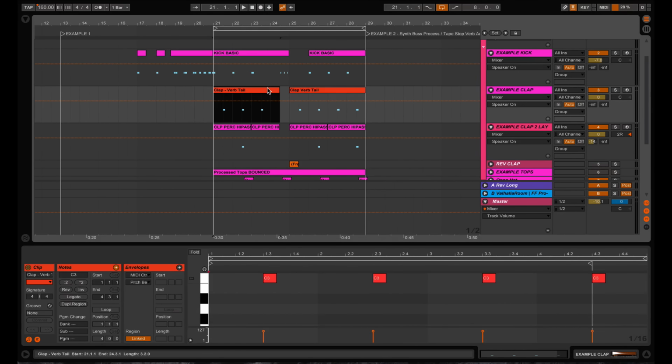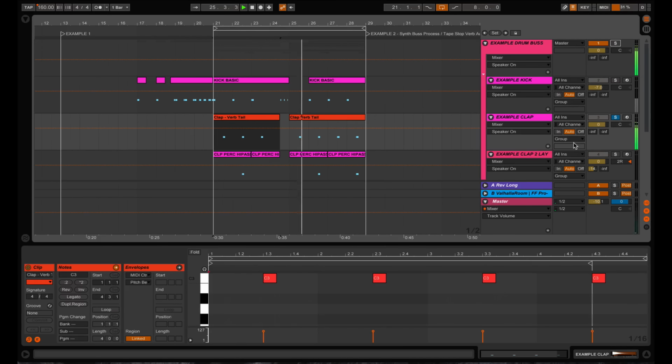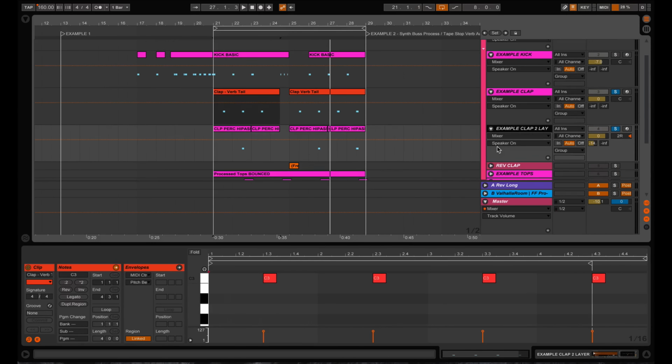Another thing I like to do is accent my claps with an alternating sample, meaning I have one main clap here, which is this one. But then I'll accent it with a secondary clap. Usually that clap will be pitched up a little bit, and we'll probably have some more effects on it so that it adds some dynamics to it. It makes your ears pay attention, and it adds a little bit of flavor to the track. So when we play it back together,